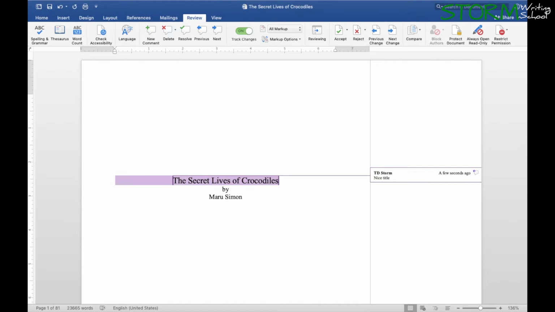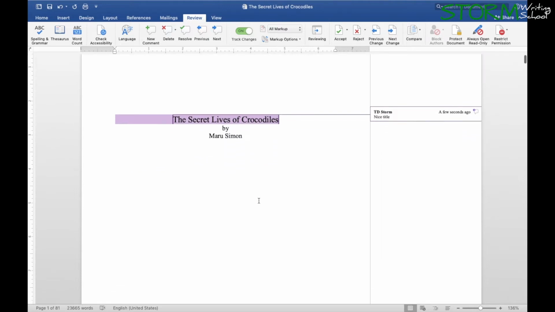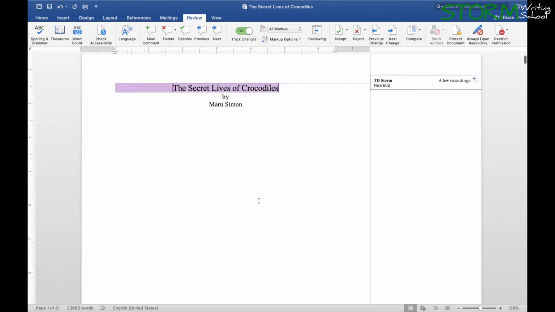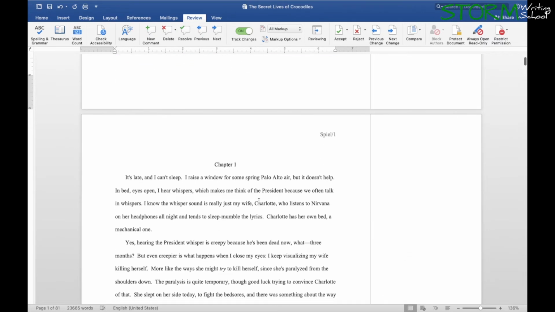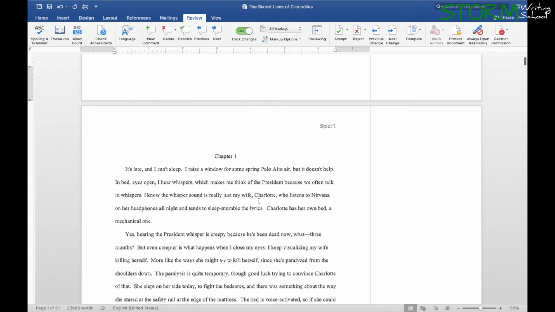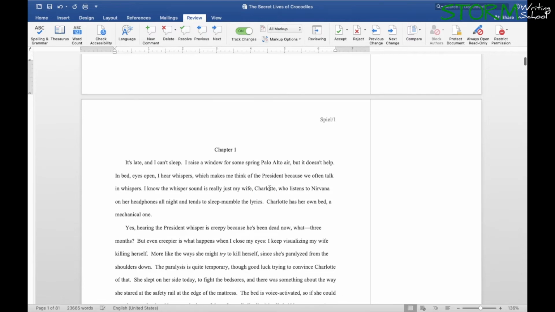The other shortcut I use is for highlighting. This may or may not be something you want to do. I sometimes highlight for repetition. For instance, if it's something I've already alerted a writer to, I might just highlight subsequent instances. So I've made a shortcut that is just Control H to highlight something.